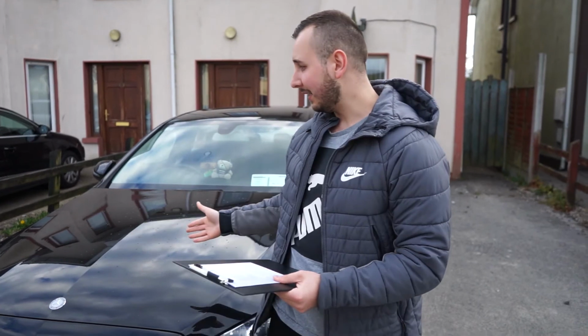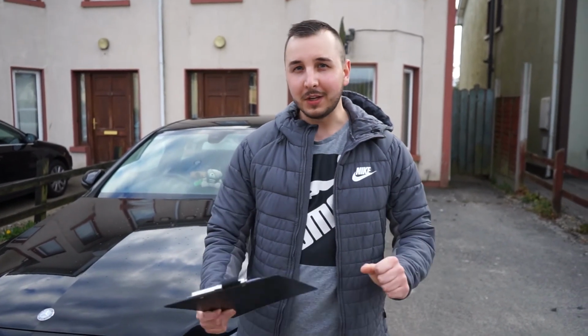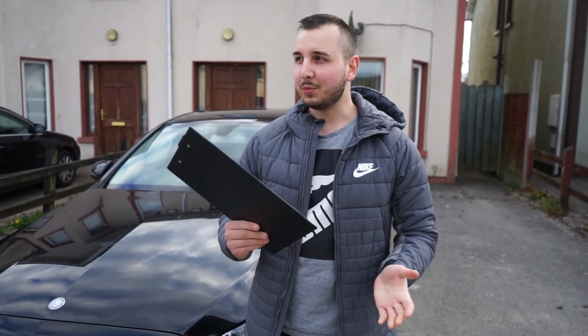There's also a noise coming from the back of the engine, which could be the timing chain as well. There have been issues before with the C-Class Mercedes with the timing chains, and that noise only comes when the engine is cold. So we do recommend for the owner to check it at a Mercedes dealer so they can check the timing chain